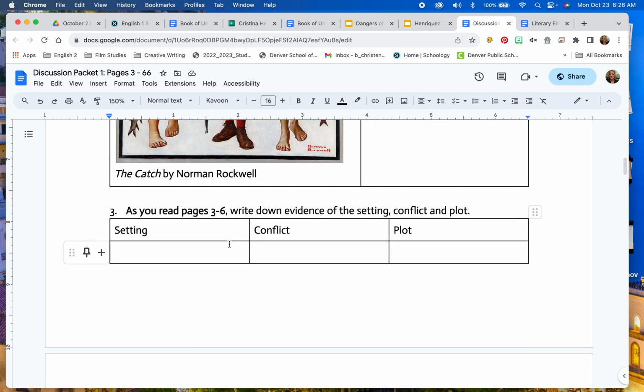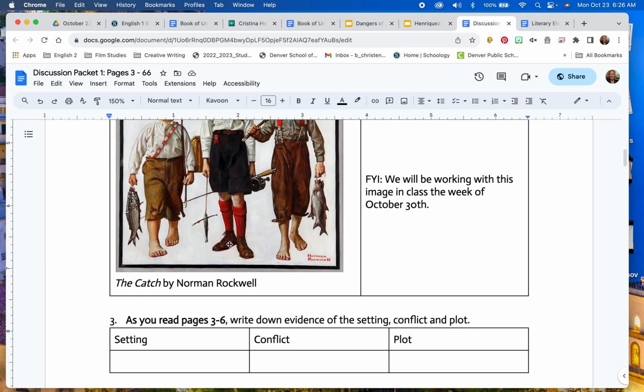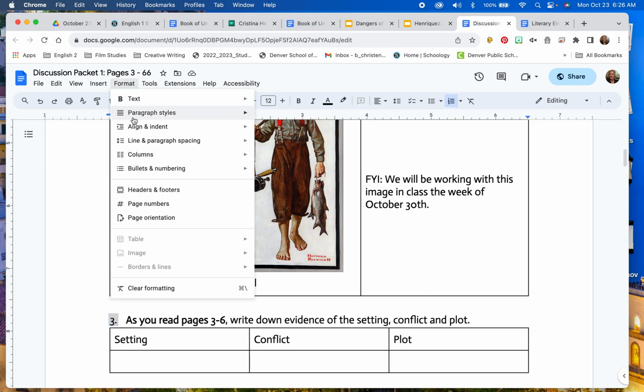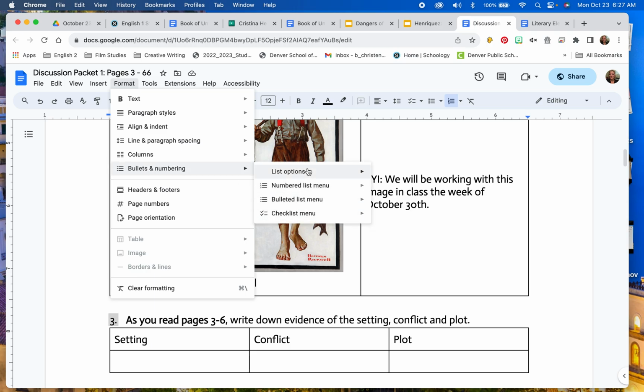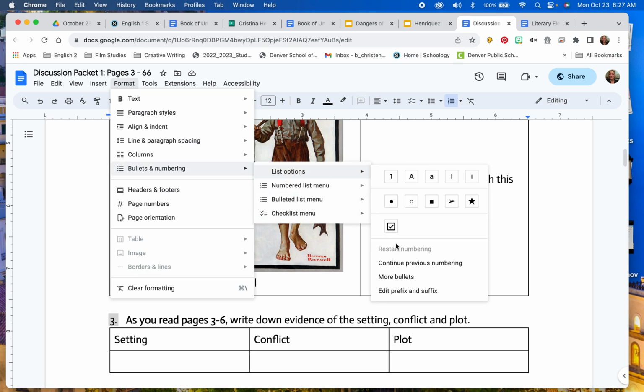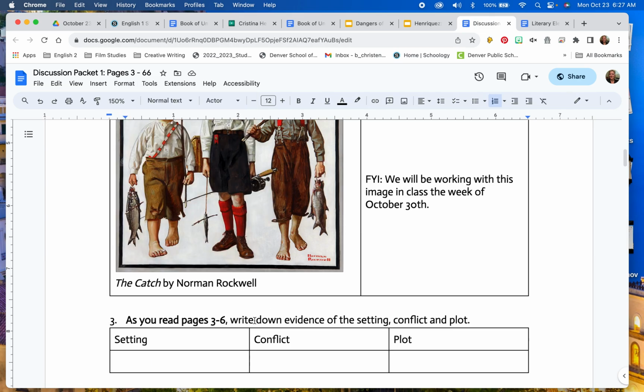Then when you get down to question 4, you're going to start delving into the actual novel. I'm just fixing. It doesn't want me to restart the numbering. Fine, I'll fix it later.